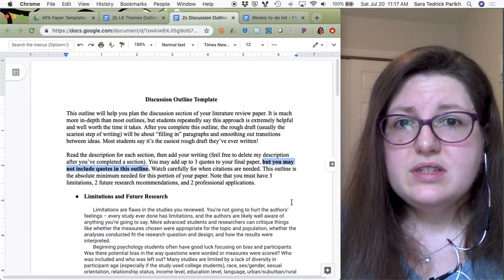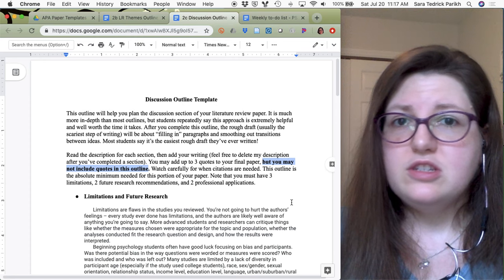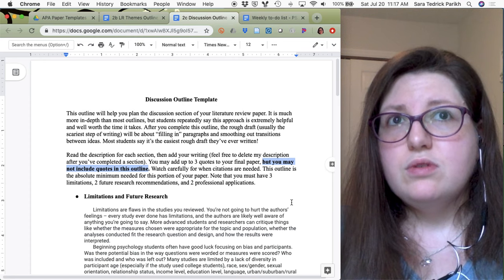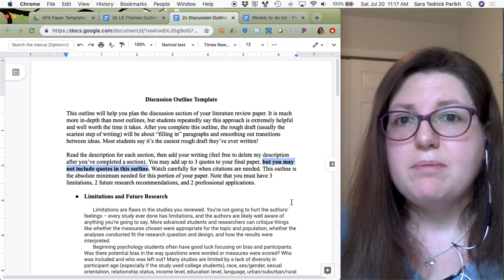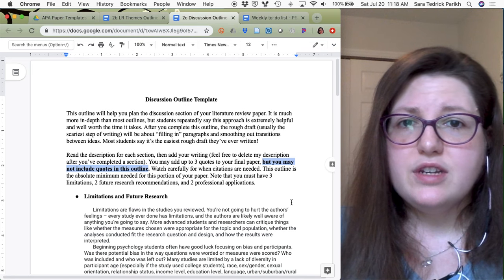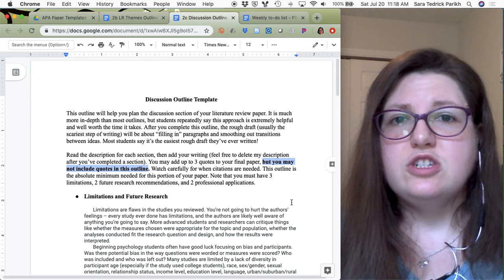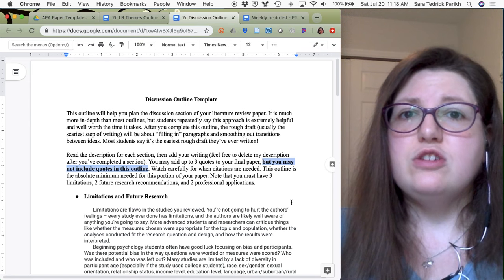Like most assignments, the outline is a one-shot deal. So you do your best, you submit it, I give you feedback. You don't resubmit it. You take the feedback and you use it for your final paper. And that final paper, I don't look at a draft, but a big chunk of that paper will directly plug into your final research proposal paper. And so the feedback I give on that section, you can revise.